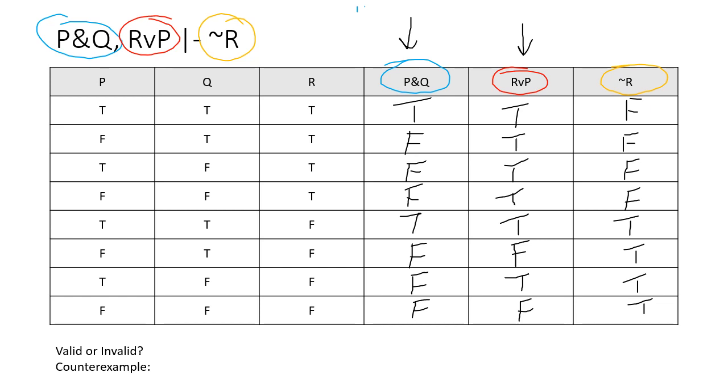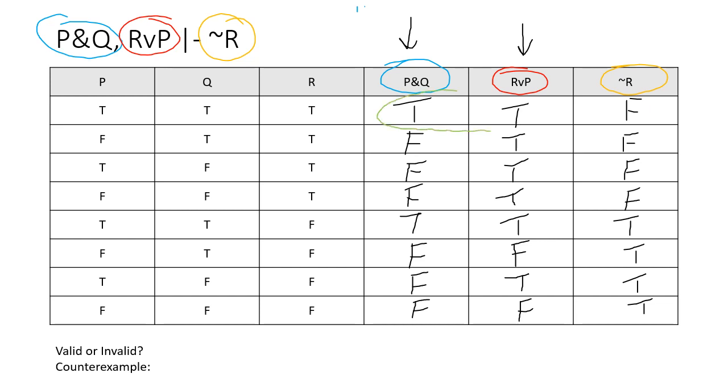And again, we can only find an instance in which all the premises are true and the conclusion is false, and that would make it invalid. But what we do with truth tables when we're trying to determine validity is just begin